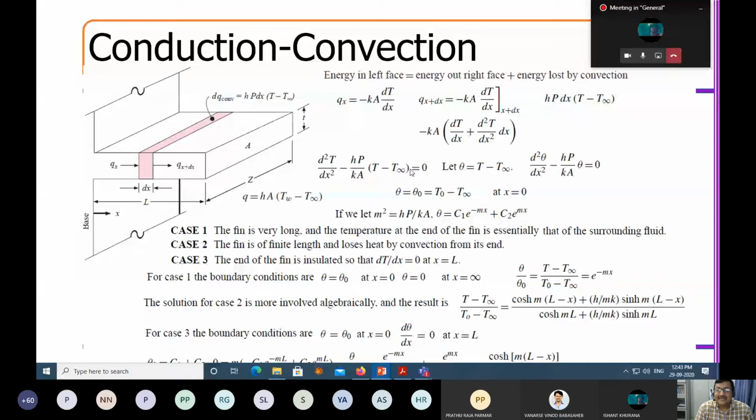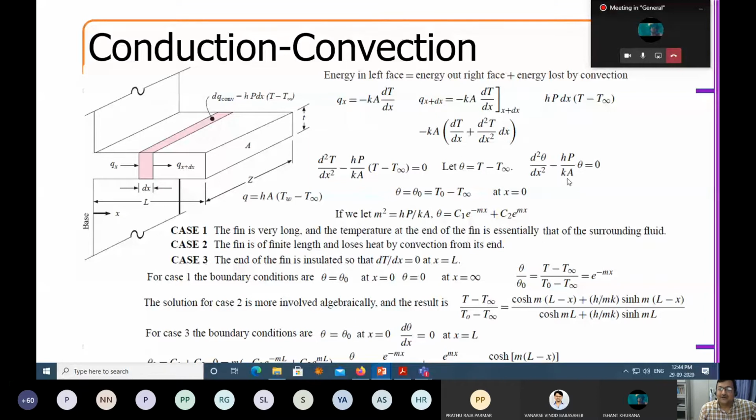Then I define, and this is another very interesting aspect of heat transfer, generally the temperature difference is defined as θ. T is the variable that I have inside this medium or inside this slab. How do I define θ? I define θ as T minus T infinity. What is T infinity? T infinity is the ambient temperature. Now, if I plug this θ into this equation, I get a simpler form; I don't carry T infinity, and I can write the entire expression in terms of θ.